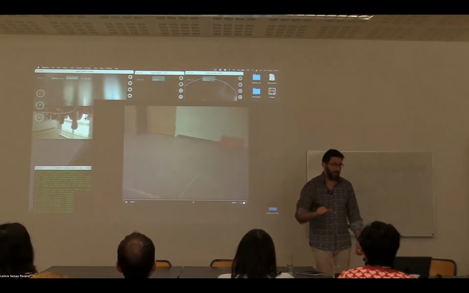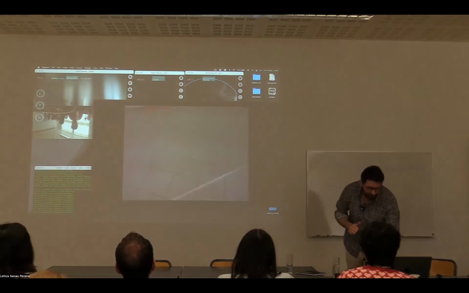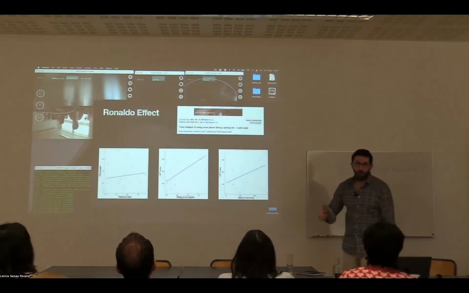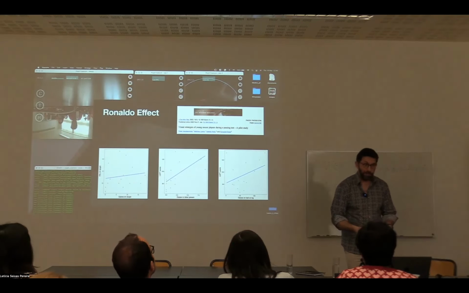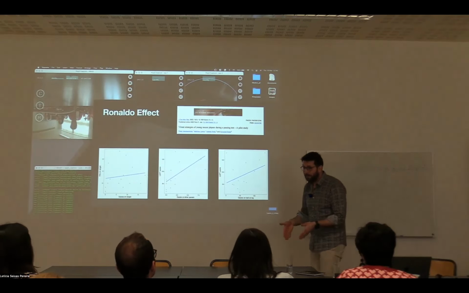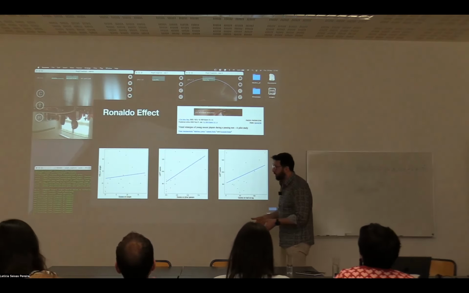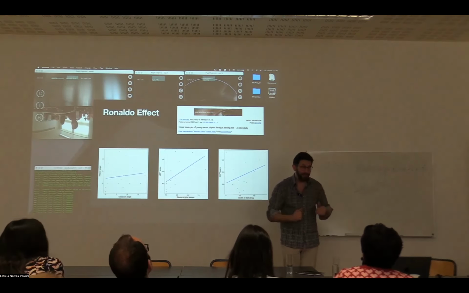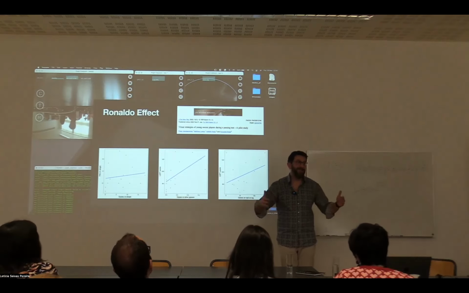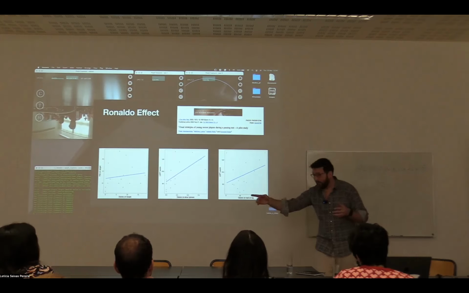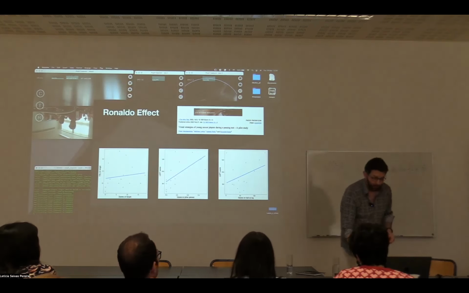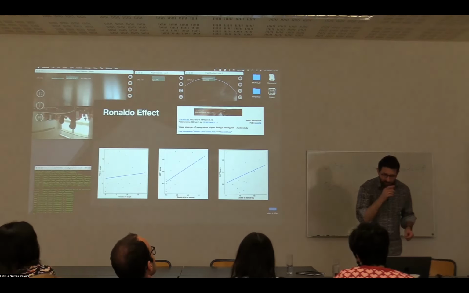So why did we measure gaze? What we found out is that the more the kids looked at the ball, the worse the performance was. The more they looked at the other person, the instructor and the audience, the lower the performance was. If they looked at the target, they were performing well.